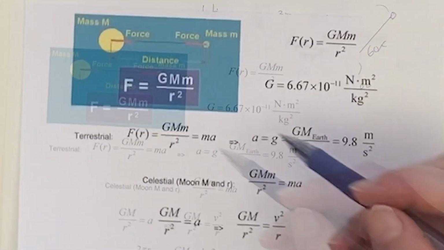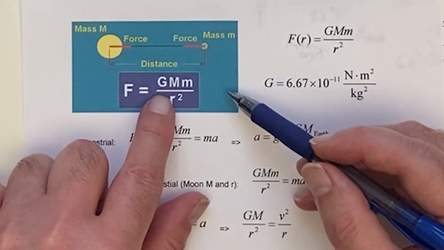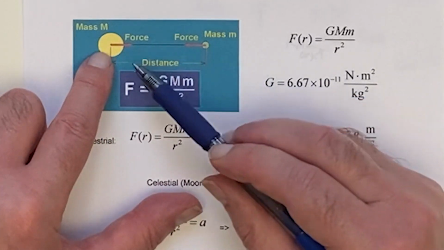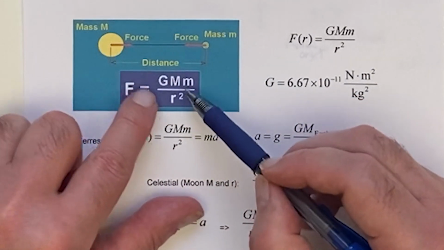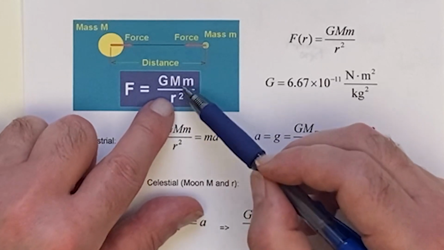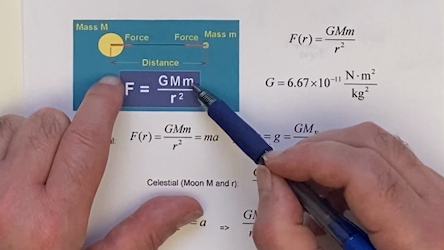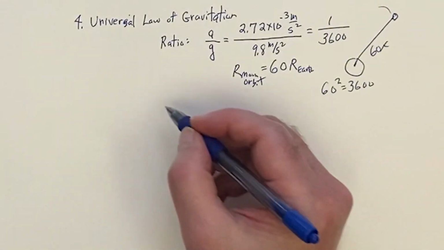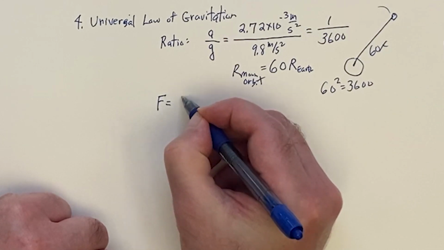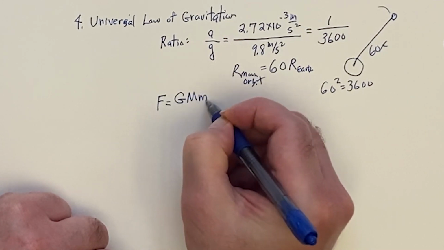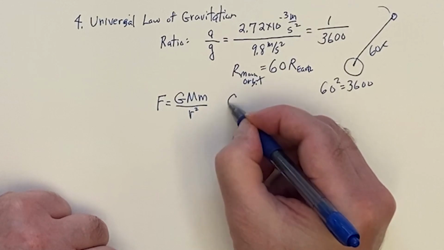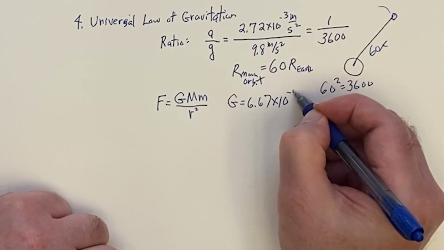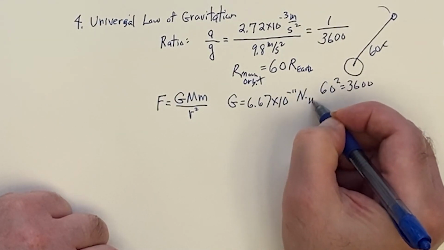So that brings us to this cool little picture where we have Newton's law of gravitation, where you take two masses, get the distance between their centers, and it's inverse square, 1 over r squared. Big M is the mass of the big one, little m is the mass of the small one, and G is the gravitational constant. So that would be Newton's law of gravity. So big G, mm over r squared, where G is 6.67 times 10 to the minus 11 newton meters